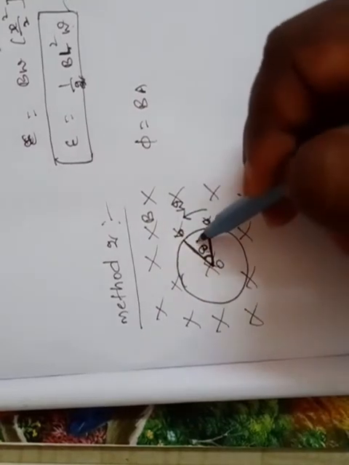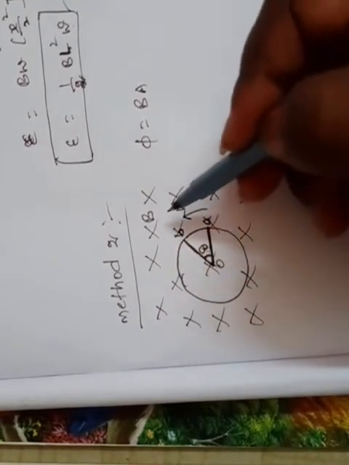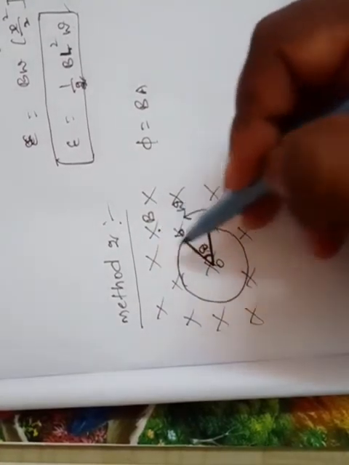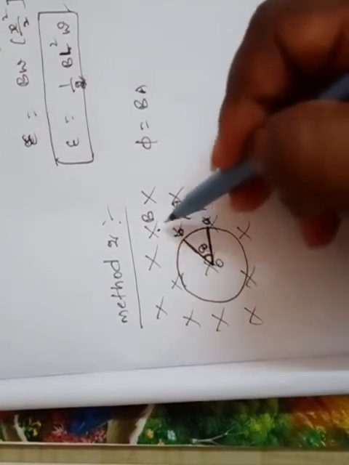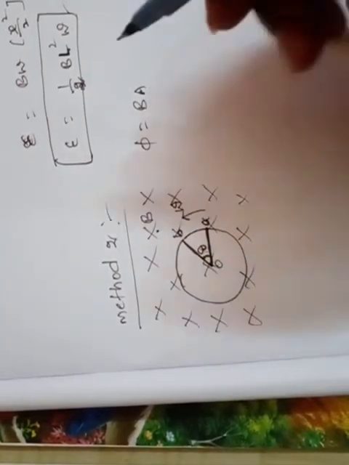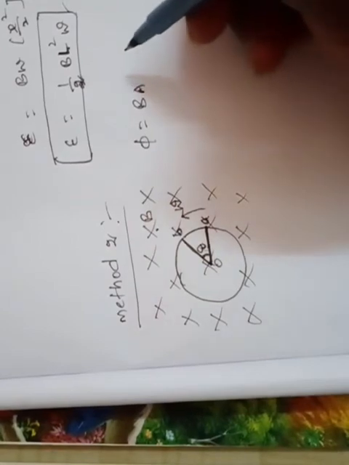Cos theta is for 0 degrees because here this is the area covered by the loop in a certain time interval. So what is the area vector for this one? It is vertically downwards, and the magnetic field is also downwards. So both are in the same direction. Then in that case theta is equal to 0 degrees. That's why cos theta is equal to 1.